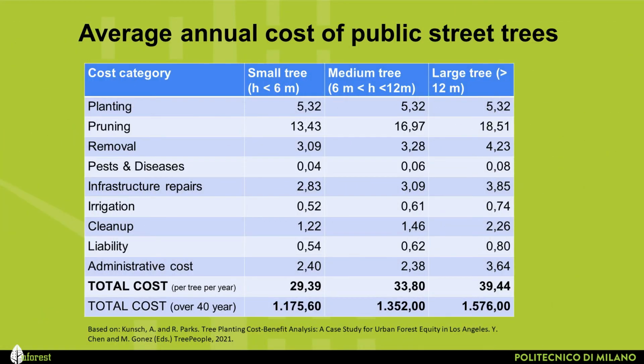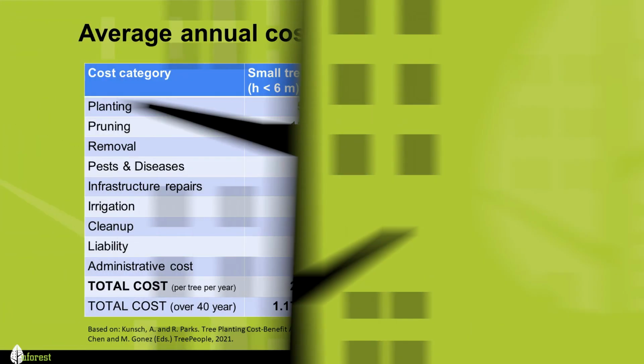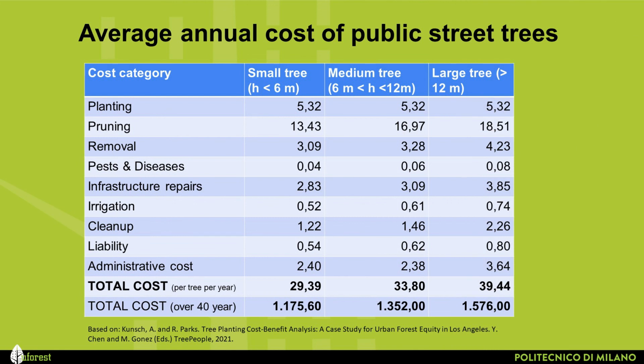A more detailed overview gives insight into the average planting, establishment and management costs per year for small, medium and large trees. From this overview, it becomes clear that the annual cost for a large tree is only 1/3 higher than for a small tree. The lifelong cost for one tree ranges between $1,200 and $1,600 US. An important remark is that all these figures and costs are based on United States cases and for public trees, street trees only. Figures for European cases are unfortunately not available in the literature.